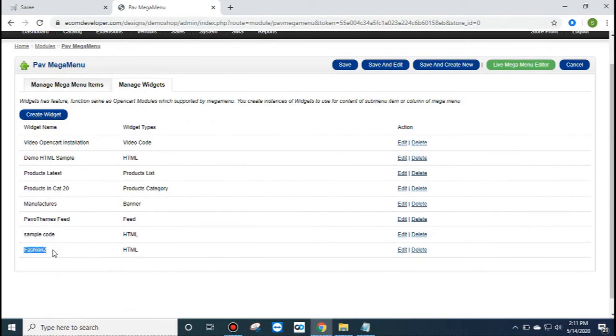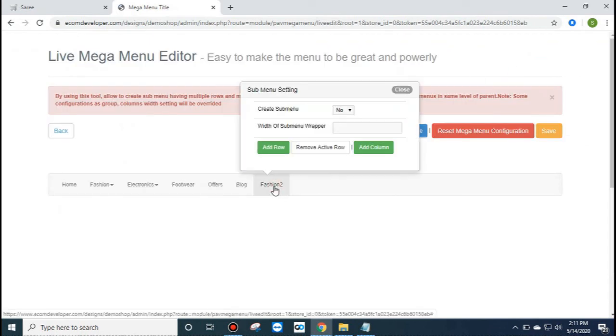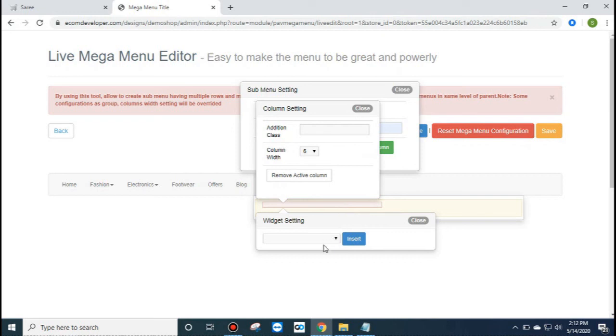Similarly we can create more widgets, and after that go to live mega menu editor. Here follow the same, add column, click here, from here insert any widget.